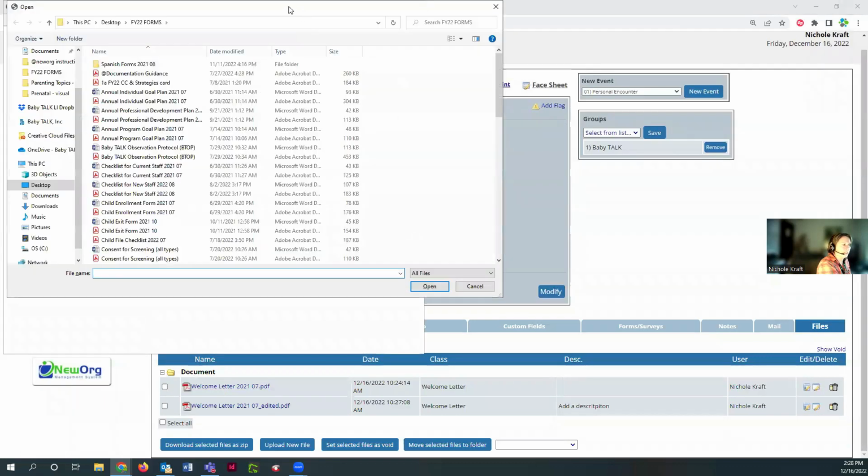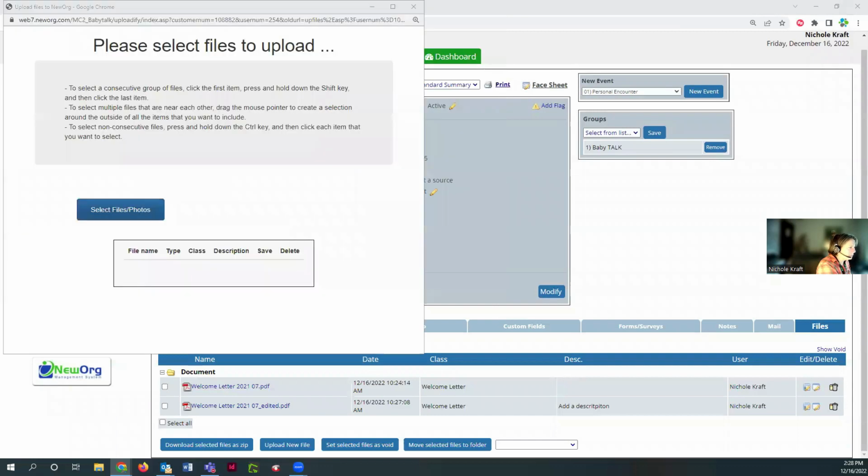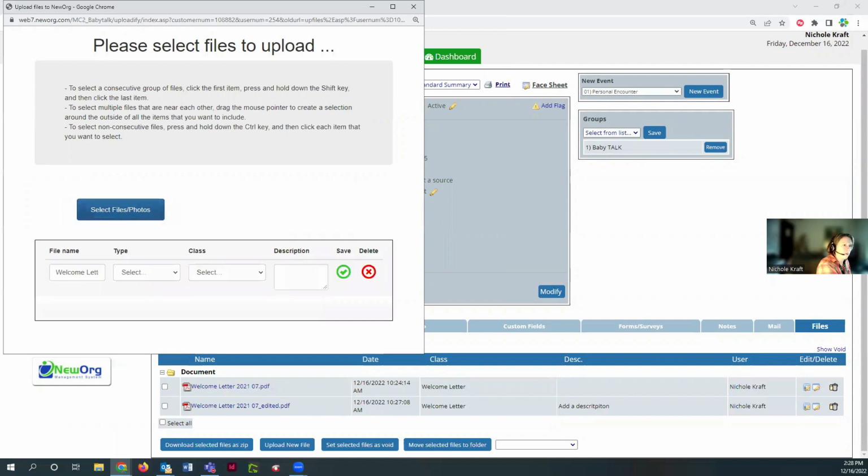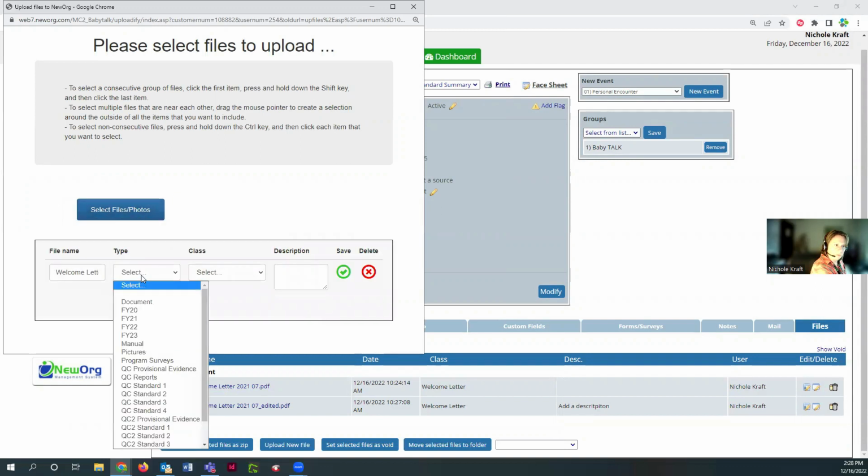I'm going to bring this over here to select my file. There it is. I don't know why it didn't go the first time, but